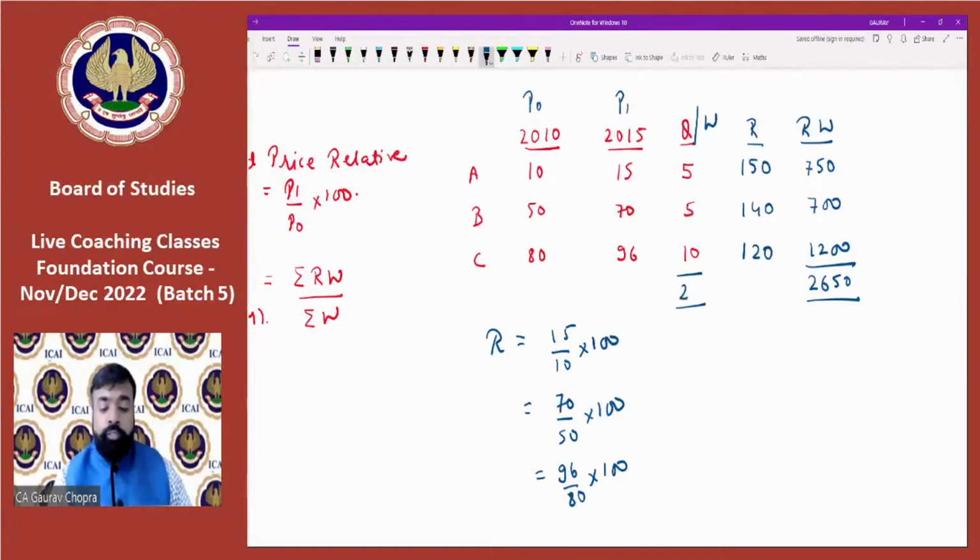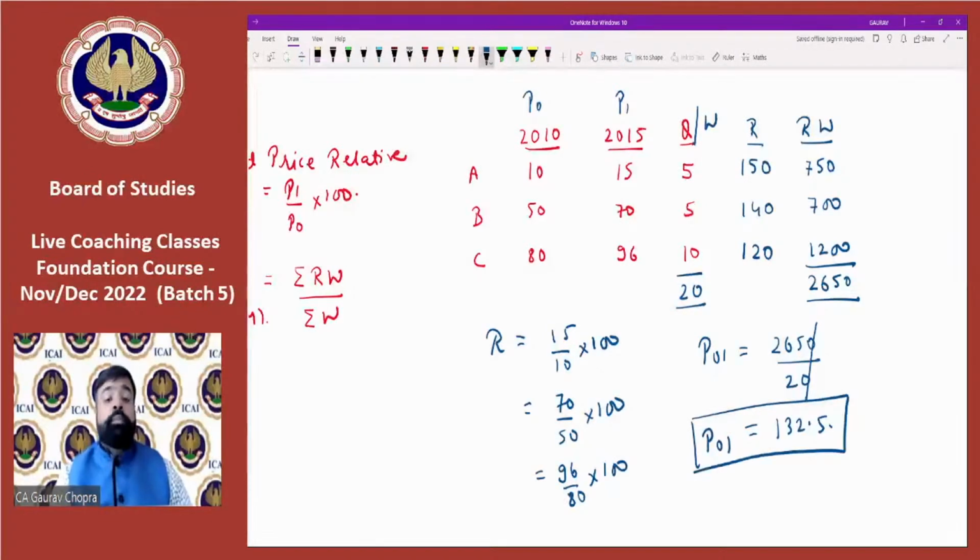And what is the total of weight? It is 20. So P01 equals 2650 upon 20. How much will come? 132.5. So this becomes the price index number using relative